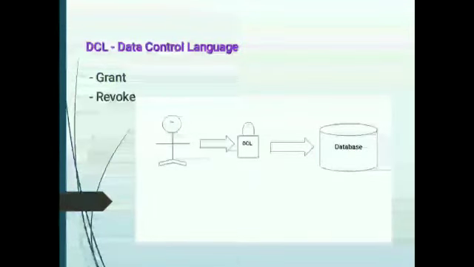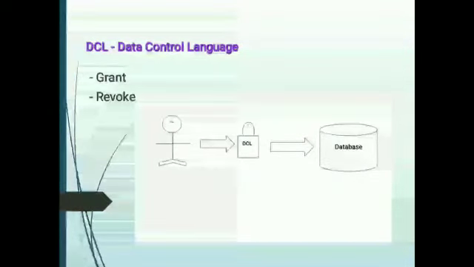Third one is DCL, that is data control language. The main purpose of creating a database is to store the information in a secured way. Many organizations and firms use SQL to store their private information in the form of tables in the database. They will never want their private information to reach an unauthorized person. So, to control how a person accesses the database, we make use of data control language. In this, there are 2 commands which are grant and revoke.